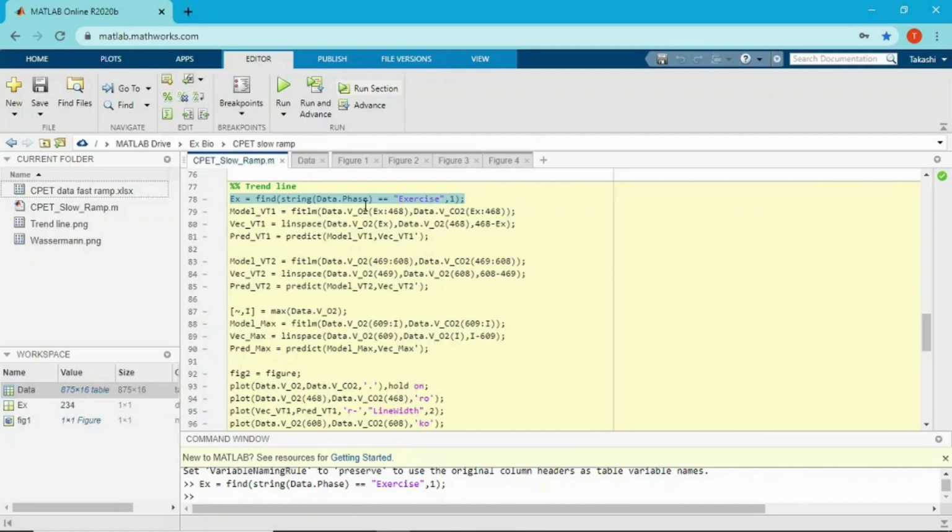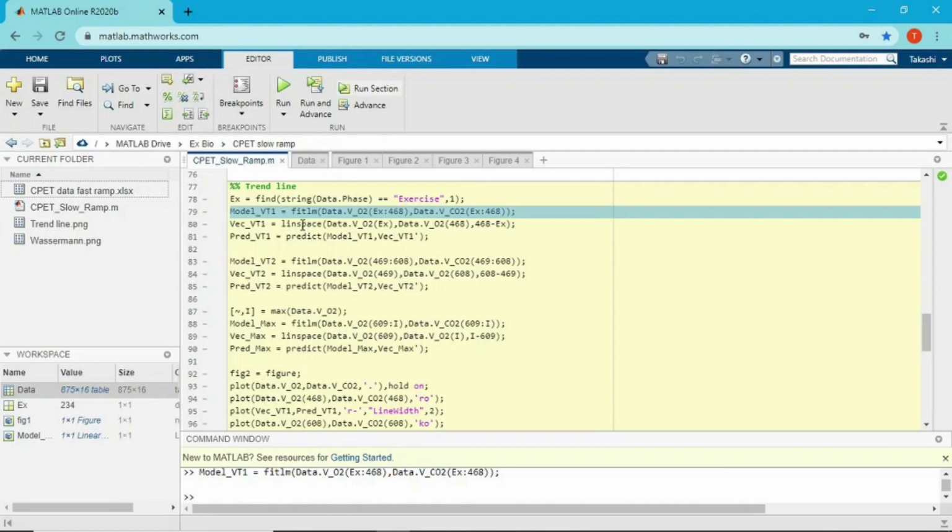I'm gonna find the linear model from where the subject started the exercise to candidate BT1, which is 468, and do the same thing for BT2, and this is actually VCO2. The function called fit_lm is gonna create the linear model between these data points, which are VO2 and VCO2, and I'm gonna save the model data into a variable called model BT1, just like this.